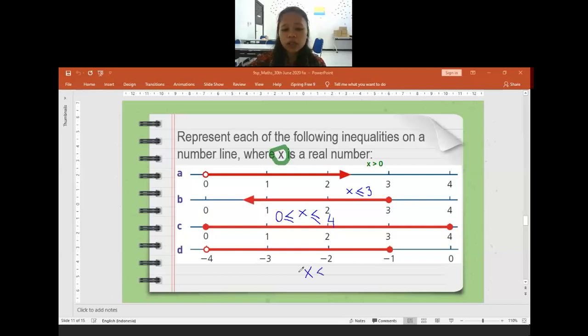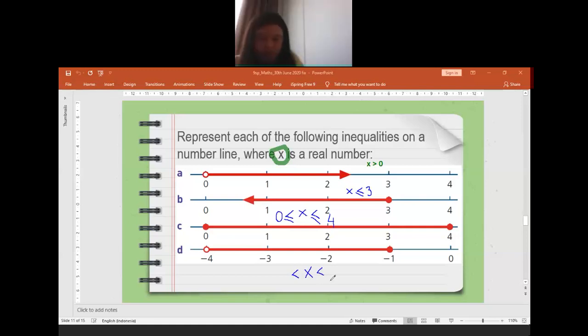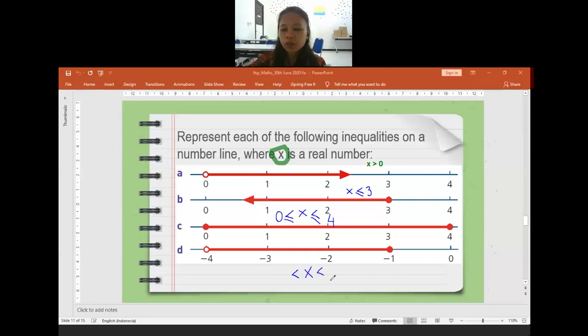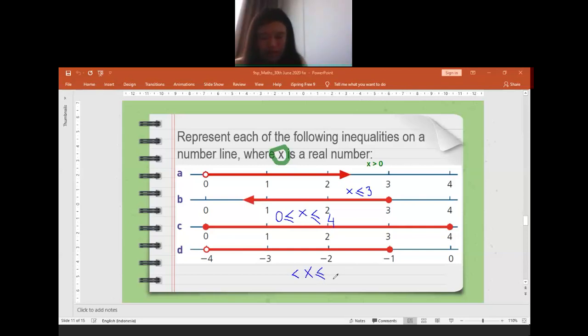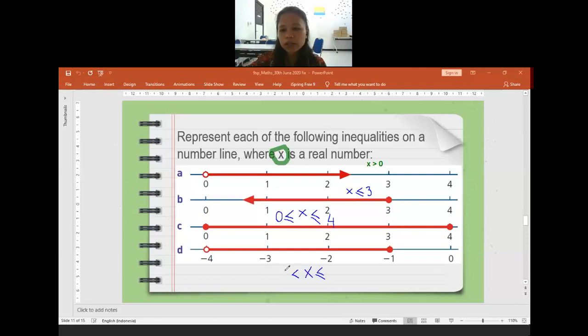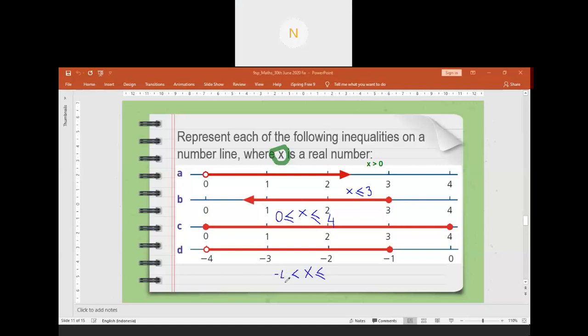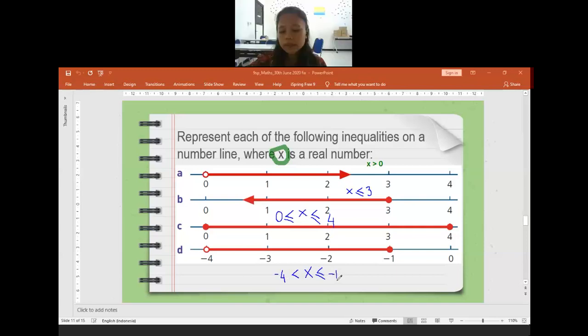Is there any equal in here? No, for number -4, is there any equal? Is there any extra line that I have to put as the equal? Yes. Like less than. And which part? Yeah, so I put another equal. Okay, at the left side, what number do I have to write? -4. And then at the right side? -1. Okay, is anyone confused? No. Okay, if no one is confused, I will continue to the next question.